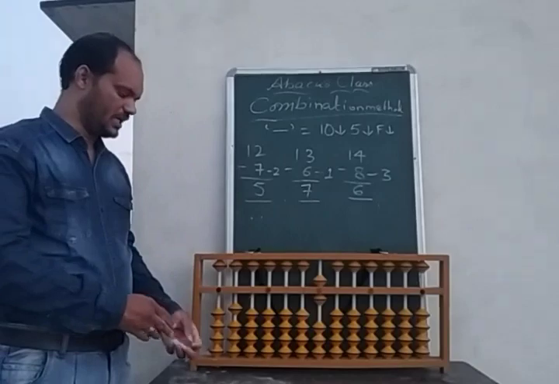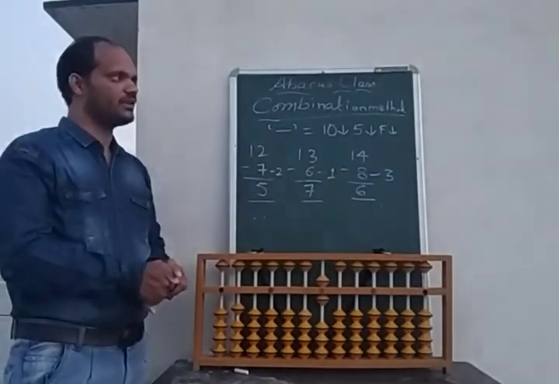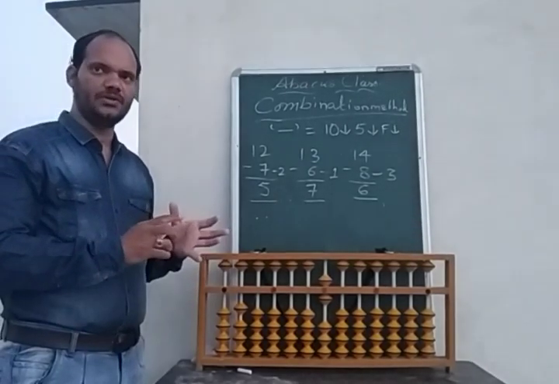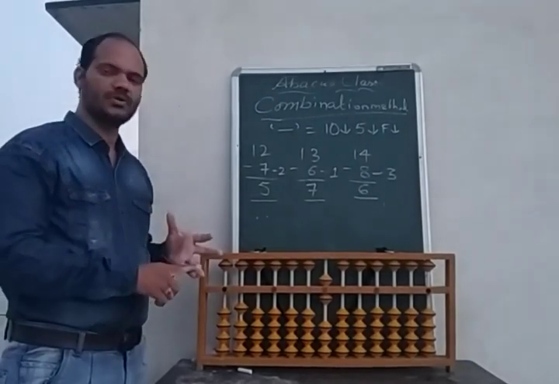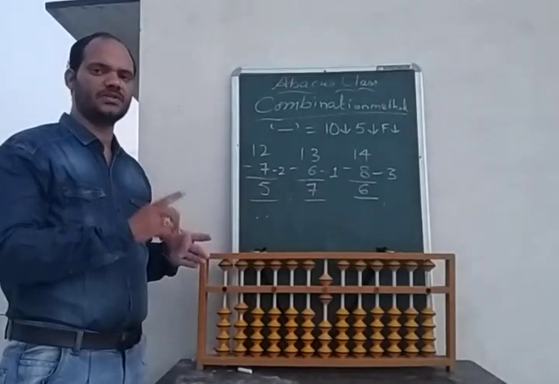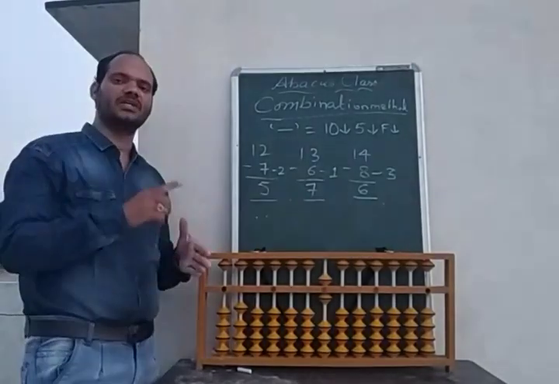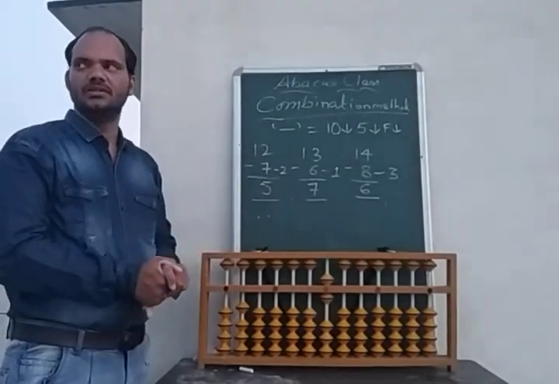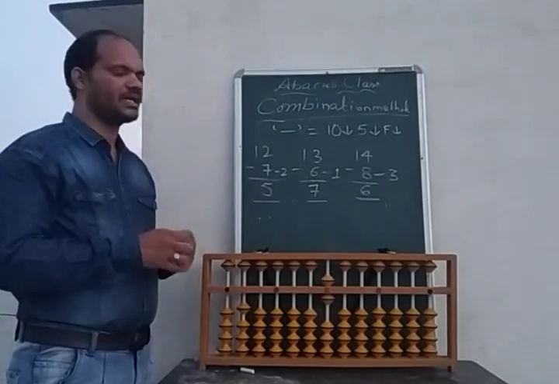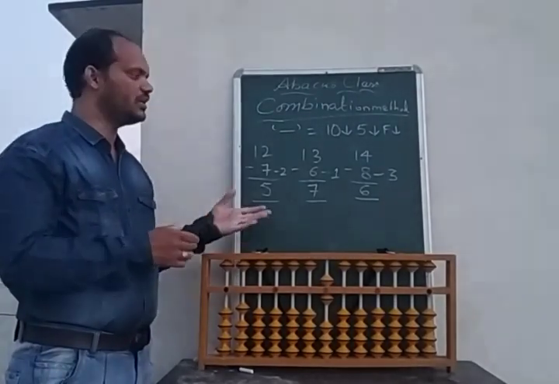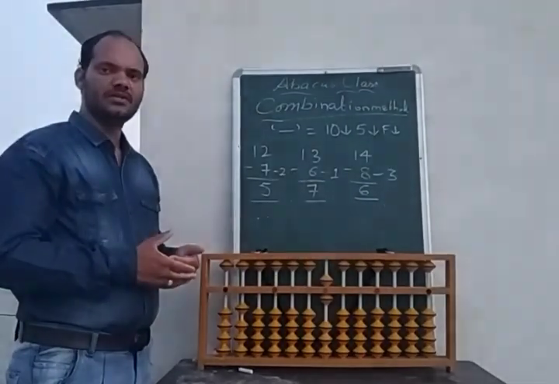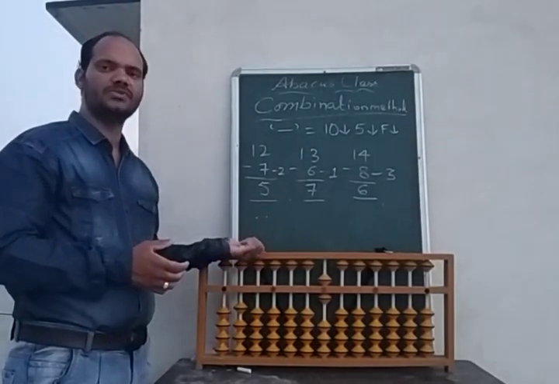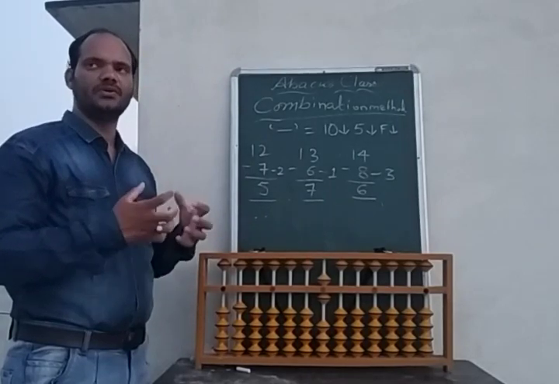Already we explained about additions also. So by this our addition and subtraction class is completed. We explained to you the direct method, the small friend, the big friend, and the combination method. By this our class is completed here. So you practice more and more problems. It will improve your brain capacity, your concentration will be improved, your stamina will be improved, and by doing the problems you will be confident that you are good in maths.